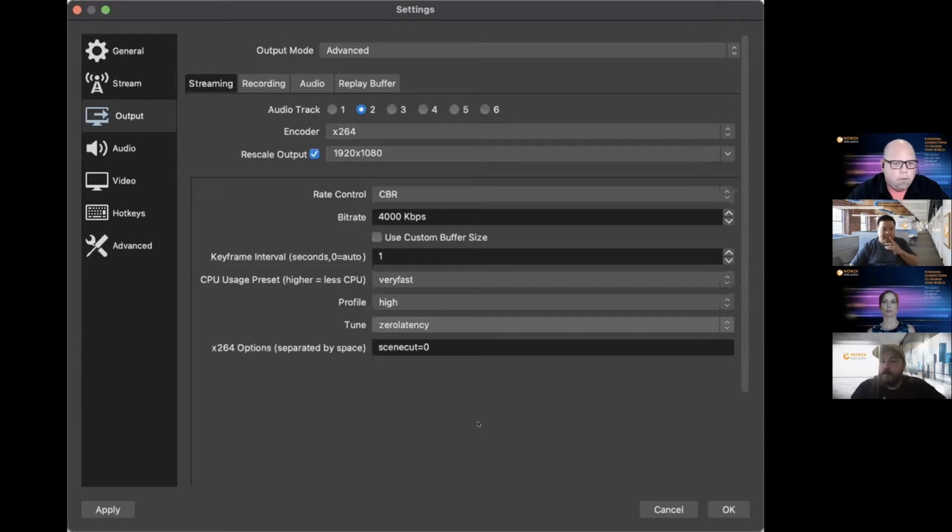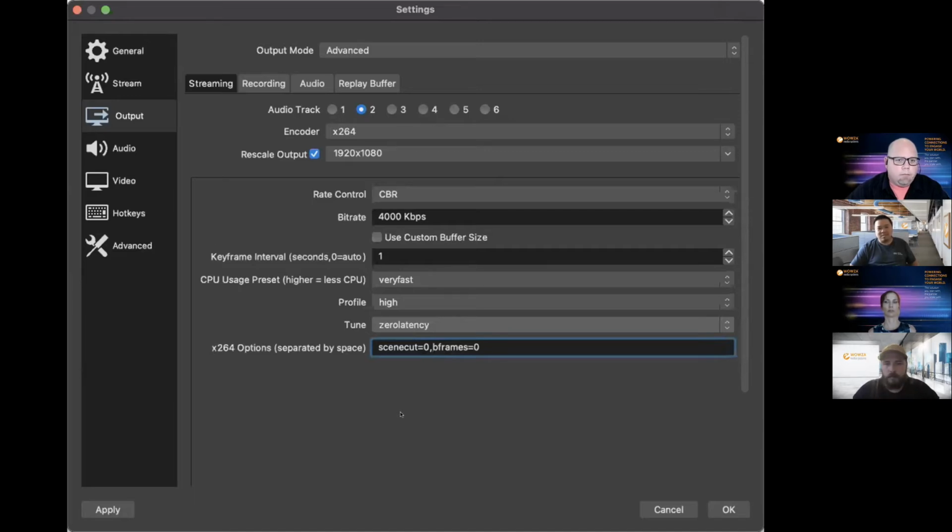I've used zero latency, and I can't remember what I was doing this for, it might have been Mac RTMP to WebRTC, something to that extent. But I did have to add B-frames equals 0 to that x264 options. You had to add it even with it saying zero latency. So I don't remember whether zero latency on its own helped or not. I remember still having to put it in.